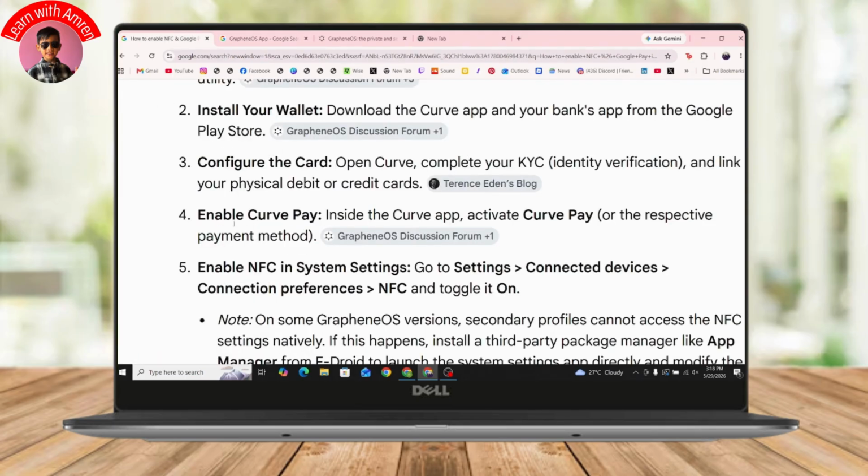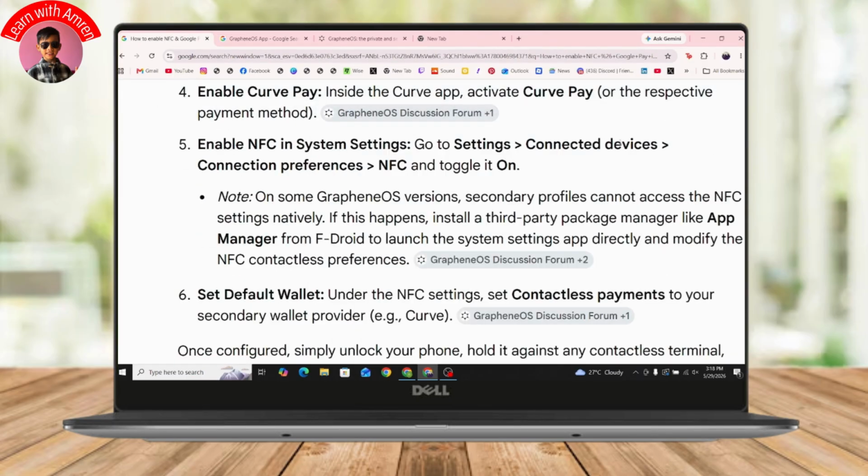Once done, you need to enable Curve Pay. Inside the Curve app, activate Curve Pay for the respective payment method. Then you need to go and enable NFC in the system settings. For that, you need to go with Settings, Connected Devices, Connection Preferences, and then go with NFC and toggle it